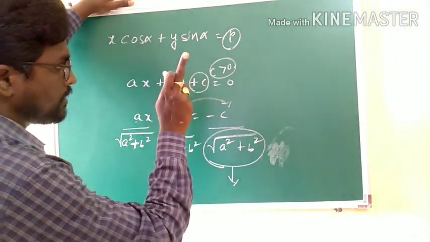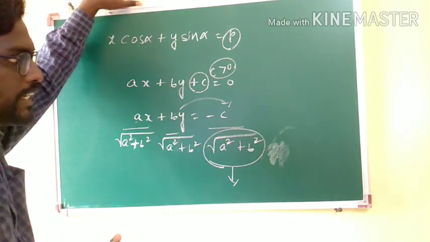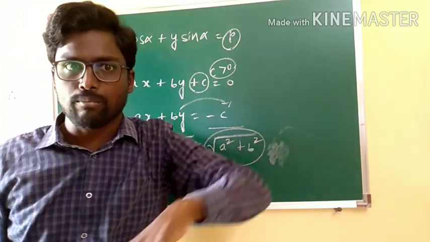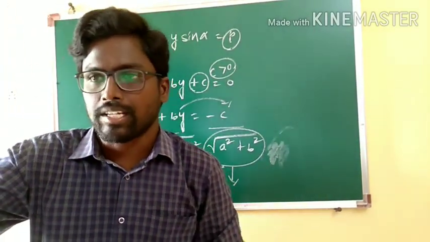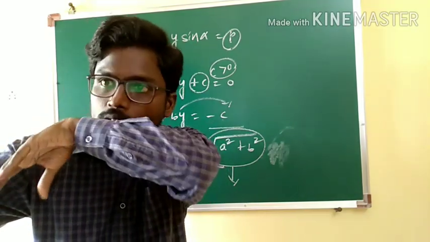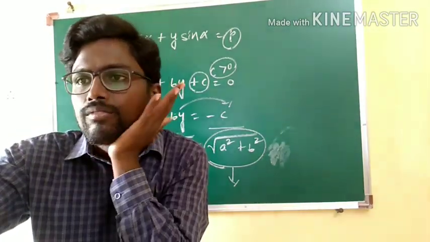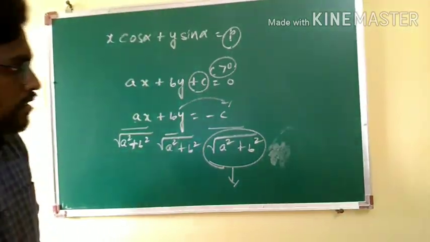If here c is negative, I will be considering negative itself. Getting my point? So that's the reason. What shall we mention there? Please write. The normal form of the straight line ax plus by plus c equal to 0 is